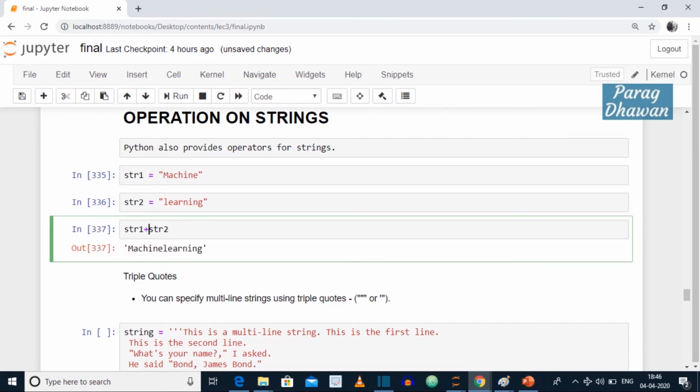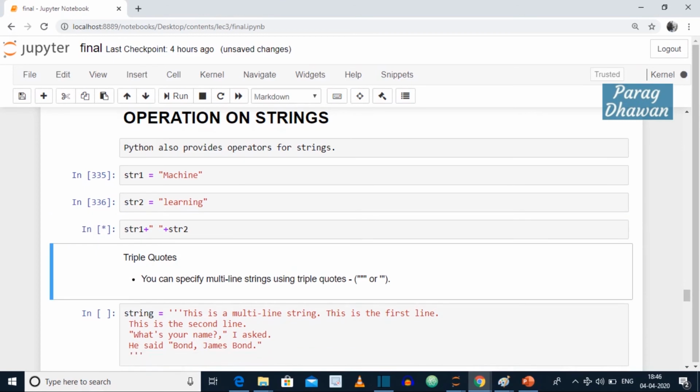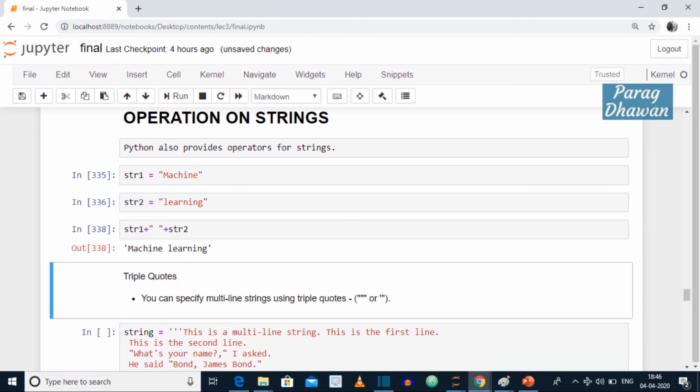If you want a space in between, what you have to do? Write plus in double quotes, give a space. Now you have the output as machine learning.